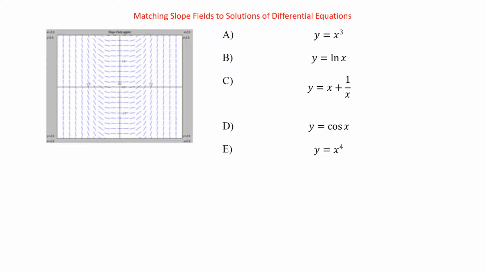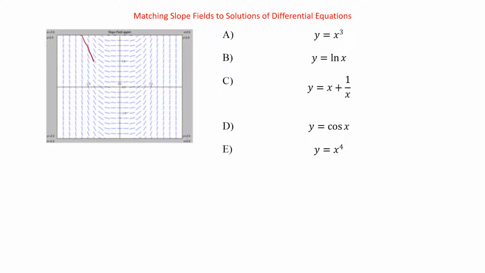So that was matching slope fields with the differential equations. Sometimes we'll be matching a slope field with the general solution as well. This is a slightly different skill. With the differential equation, we were looking at what would make those slopes. For the general equation, we're looking at the shape of the graph that it makes. So in this one,